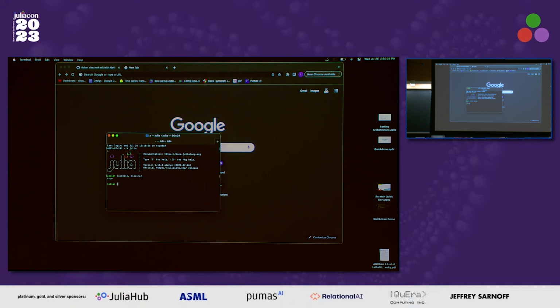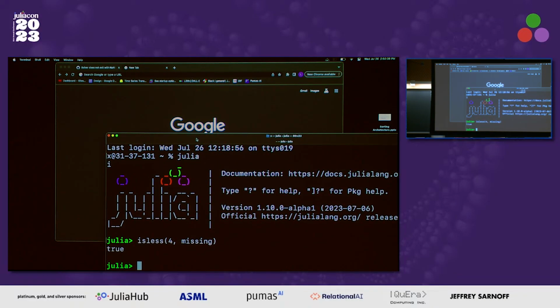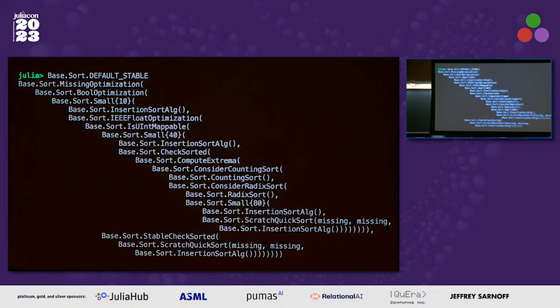Font size. Thank you for the font size. Anyway,